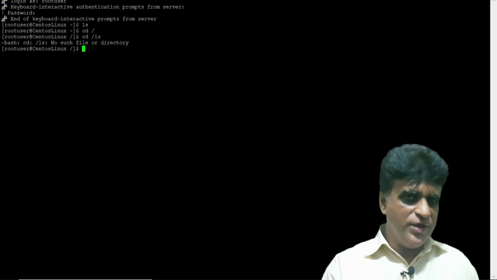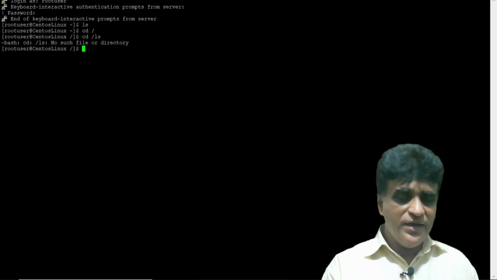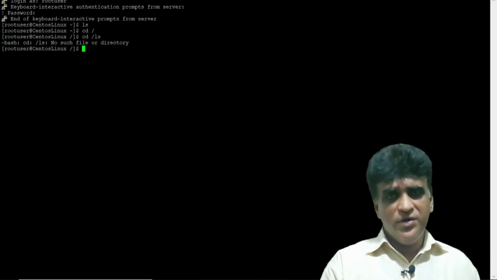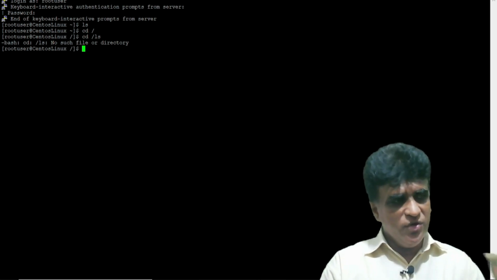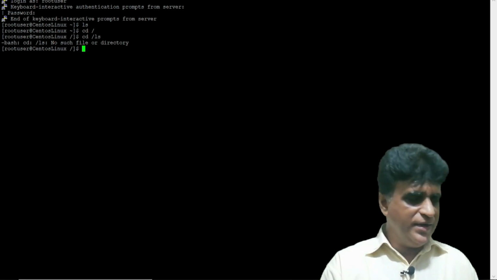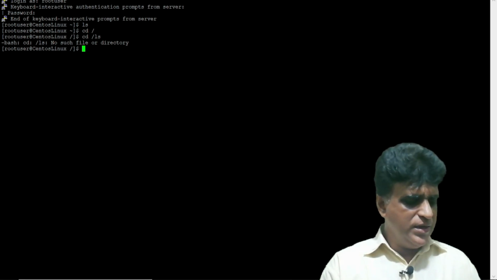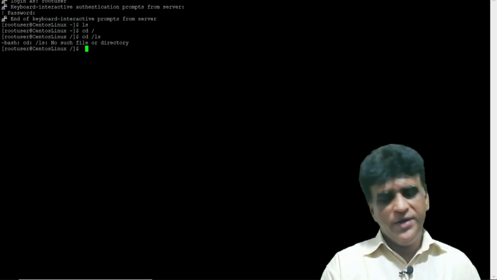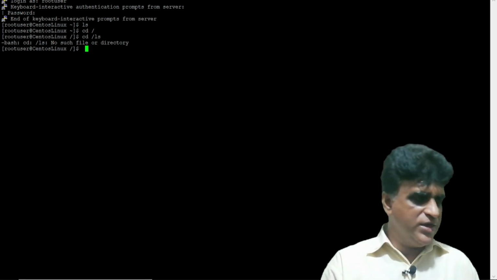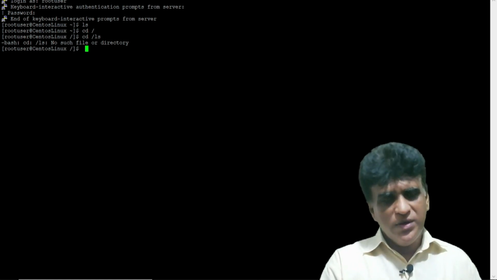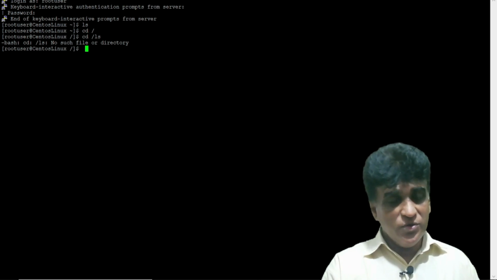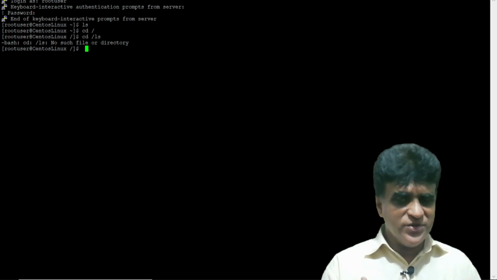Then you have to gain root access first of all, and you don't know the root password to go for that. Then what I am going to do is change the root password.